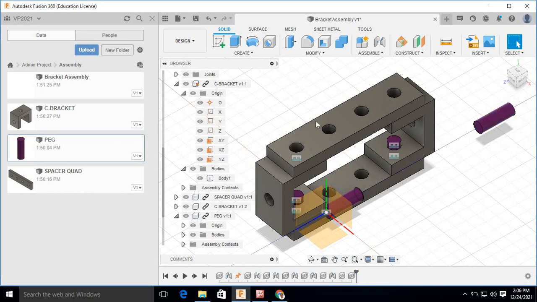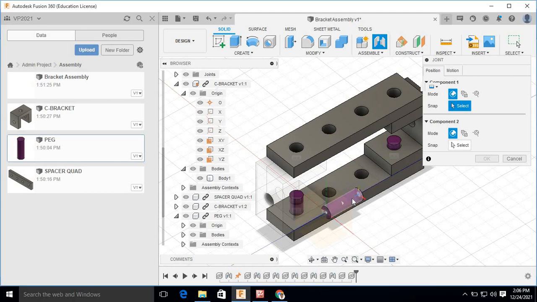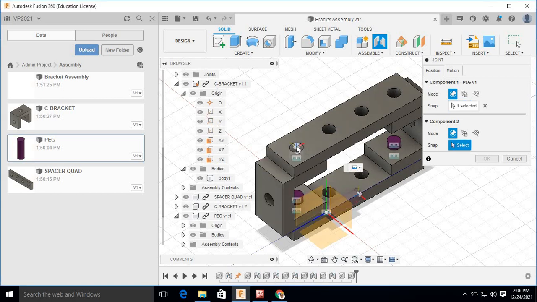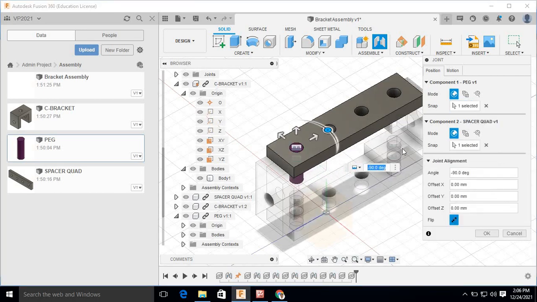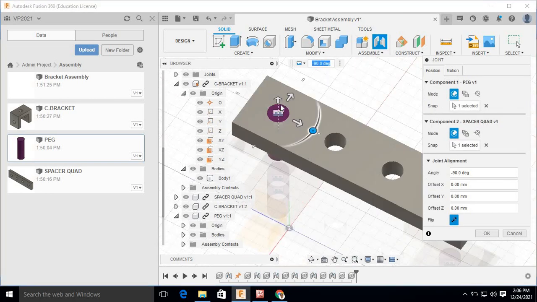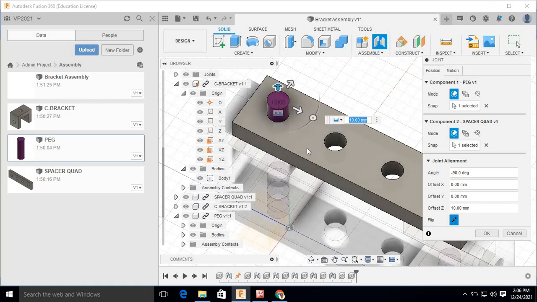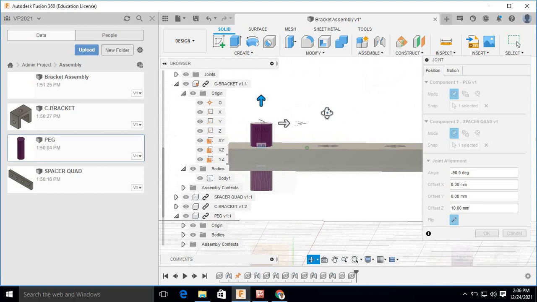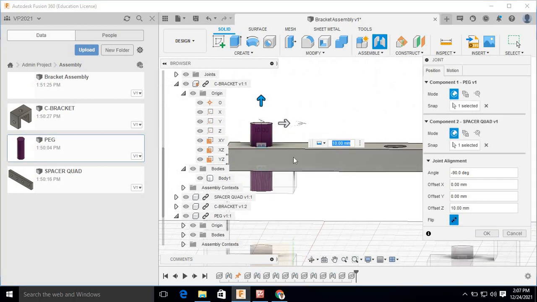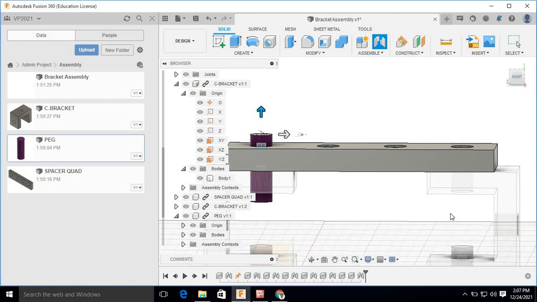And press OK. Now select joint command, select this surface and this surface. We can move in upward direction by 10 mm, rotate and see. Just keep it like this.